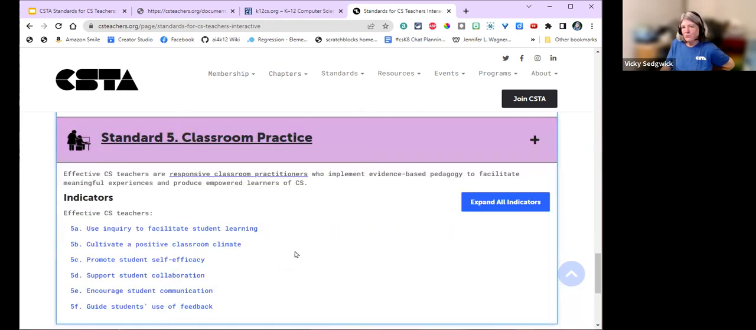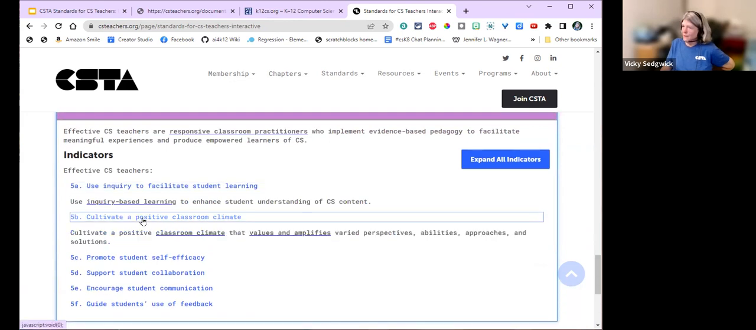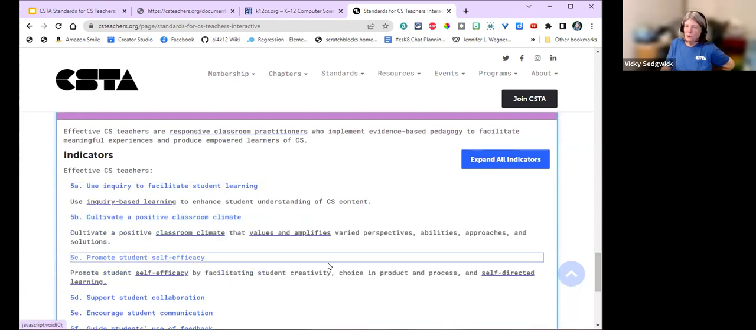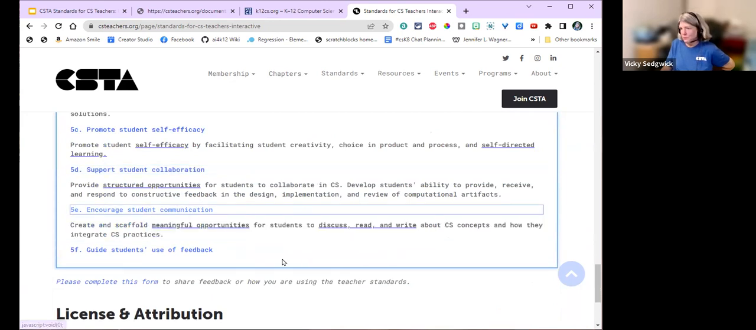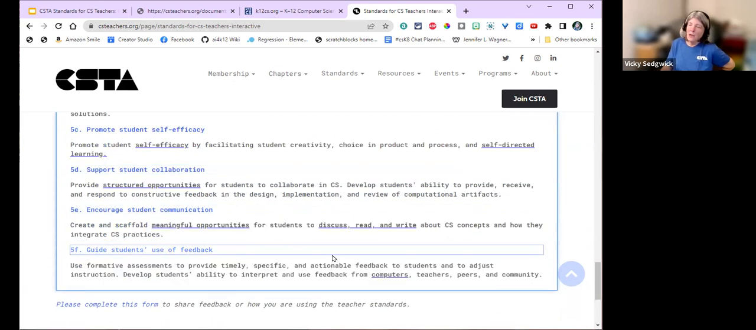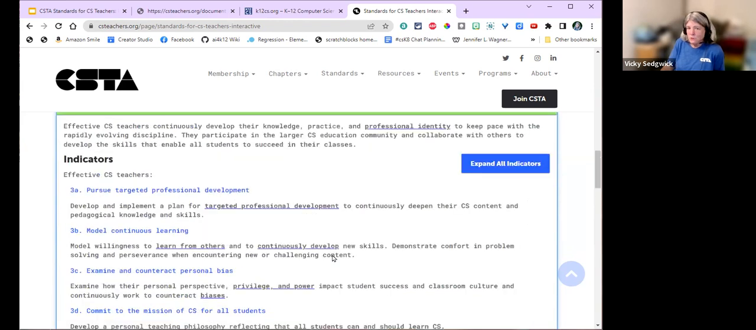And then the fifth standard is classroom practice. And this is what's happening in the classroom. So using inquiry, cultivating that positive climate, promoting student efficacy, supporting collaboration, encouraging student communication, and then guiding the feedback, right? As I get that formative assessment and I realize, ooh, I saw a lot of question marks in their eyes when I taught that, let's reteach it, right? Those kinds of things. So those are the standards